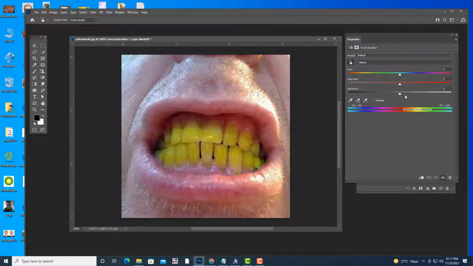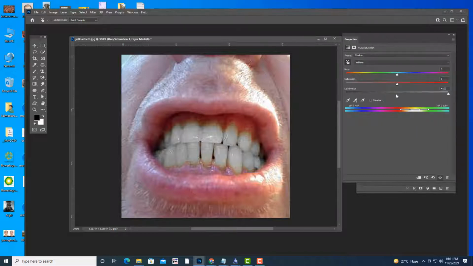For that I am not going to use any option, only one option I will use, like this. Let me try to increase the light. Still we have something to do. See, when you make it white, the areas on the skin are also affected. Here at the bottom we have some option. See, try to move it.